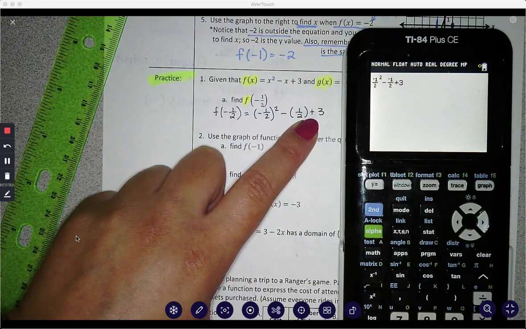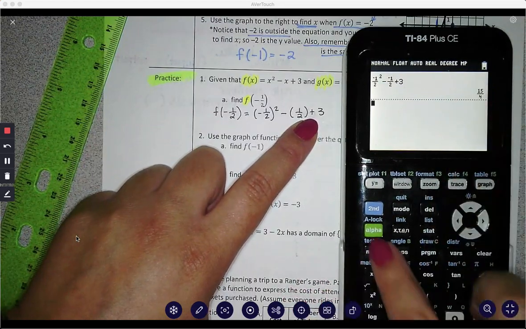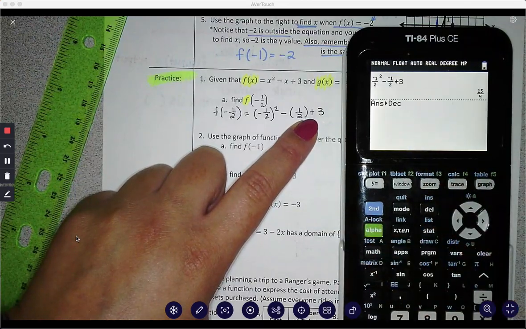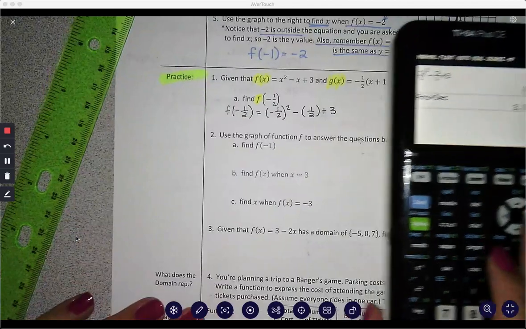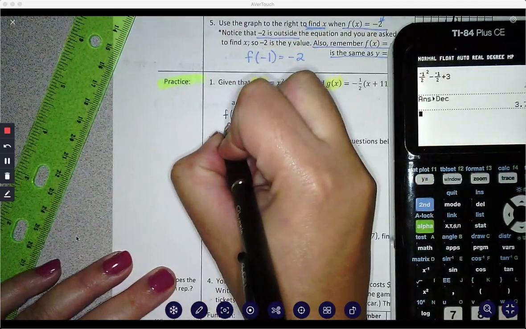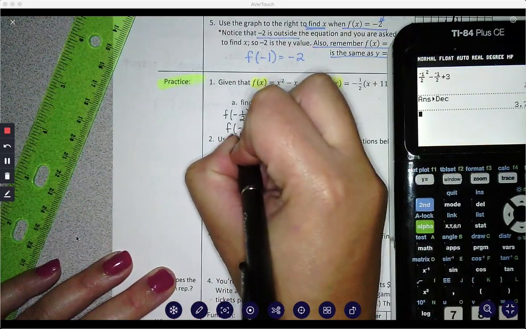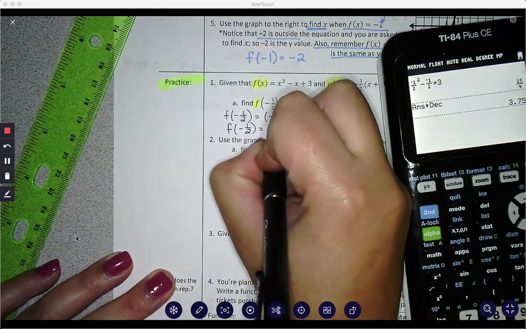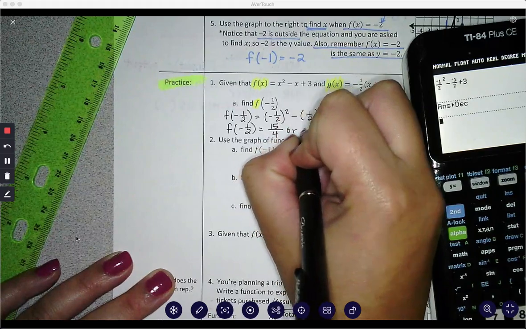Hit enter. I got 15/4. If I hit math decimal, it'll turn it to a decimal for me. So f of -1/2 is equal to 15/4, or